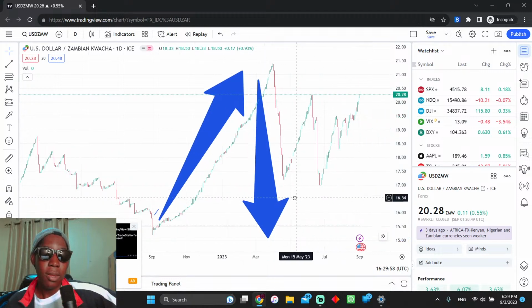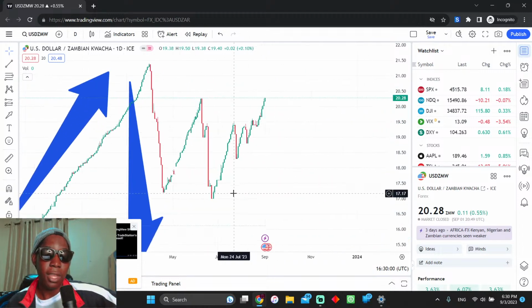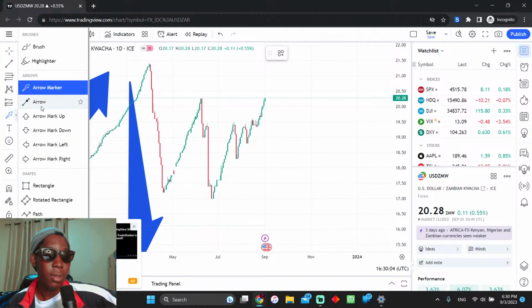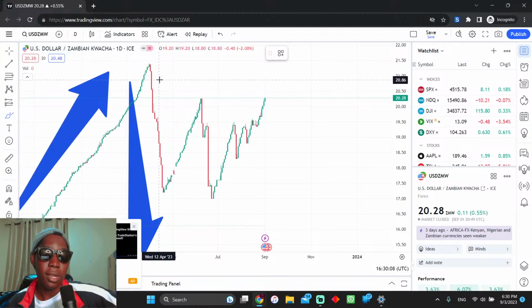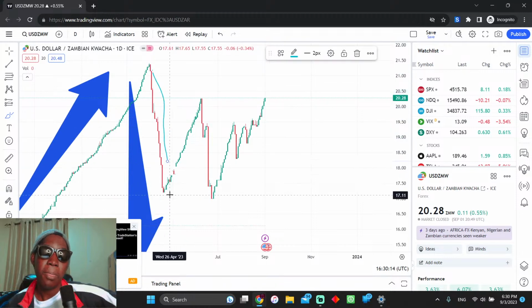Okay, so we can actually prove this theory a lot of times. For example, price actually moved from here to this level, and again it tried to respect the previous swing high, but it did not actually reach this